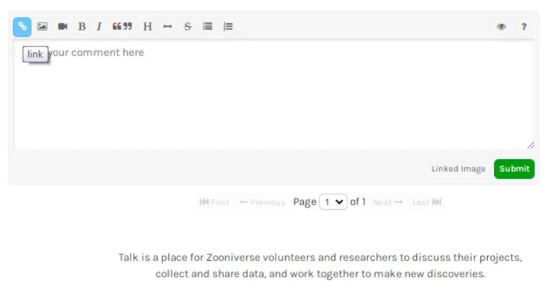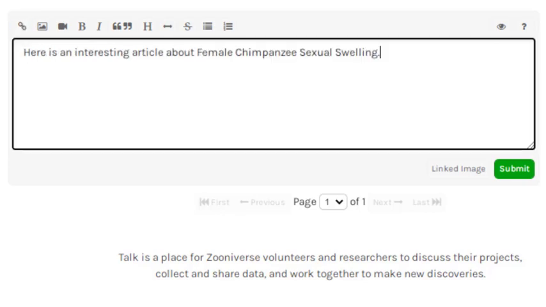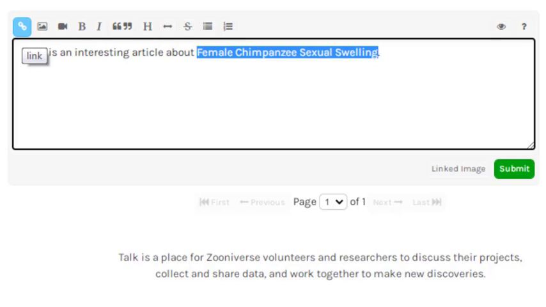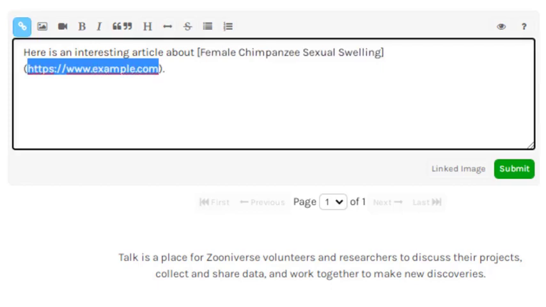The Link Media button is often used to link to another discussion on Talk, and you can also use it to link to another external source, such as a Wikipedia article. Type the message that you want to send, select the text that you want to link, click the Link Media button, and replace the default text by pasting the URL you want to link.